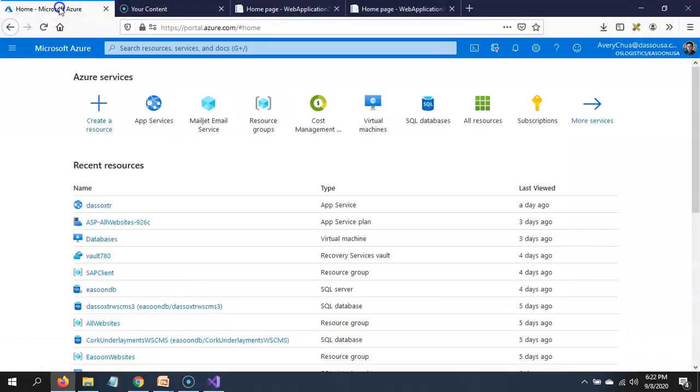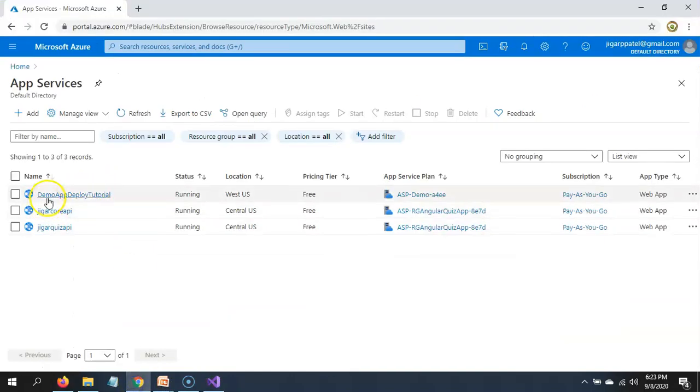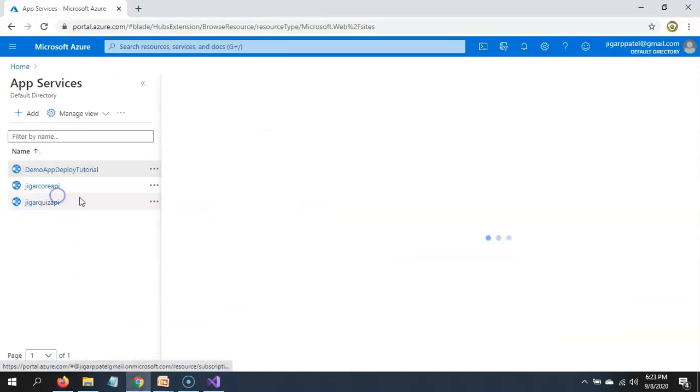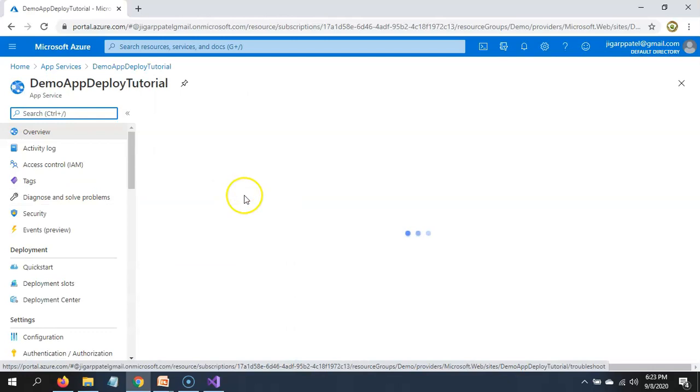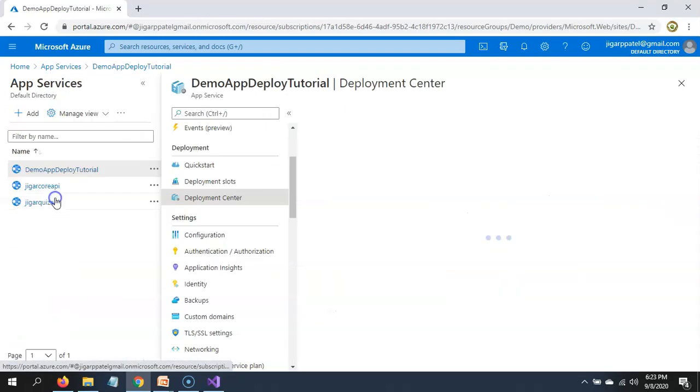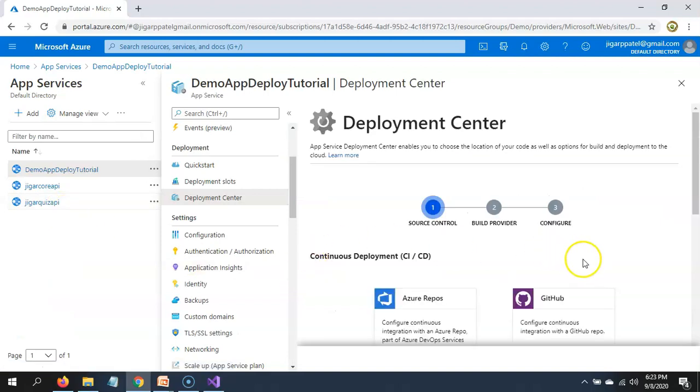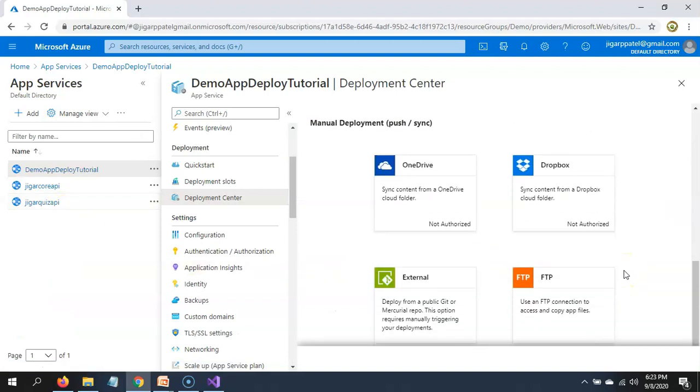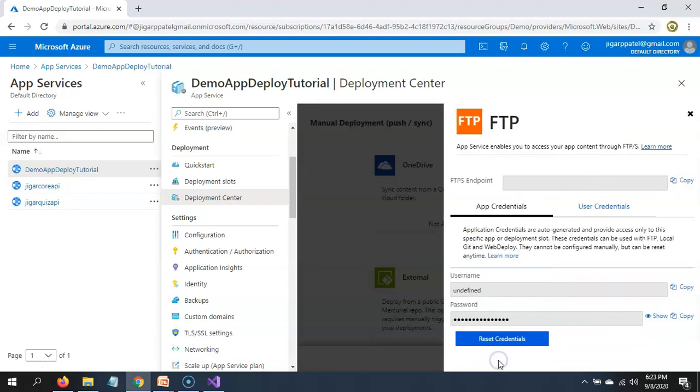Now let's see how to access FTP. To access FTP, we need to open our app service, and here from a deployment center, you can see at the bottom FTP. Then click on dashboard. This will give us FTP endpoint, username and password.